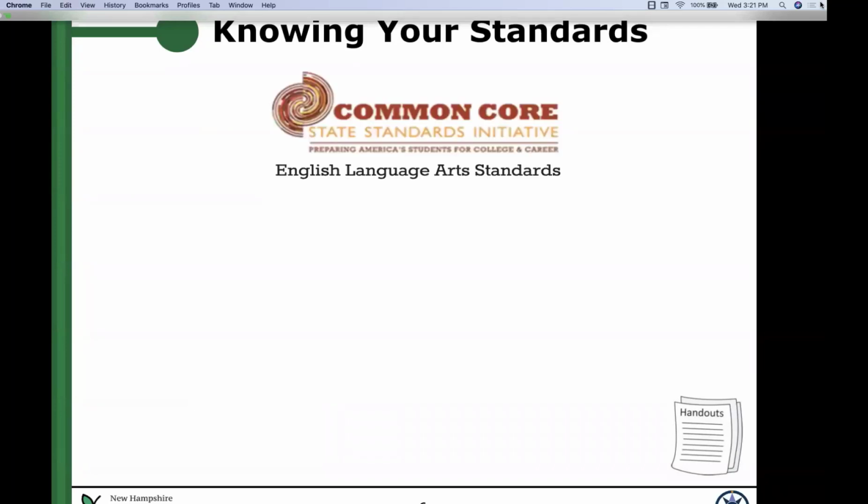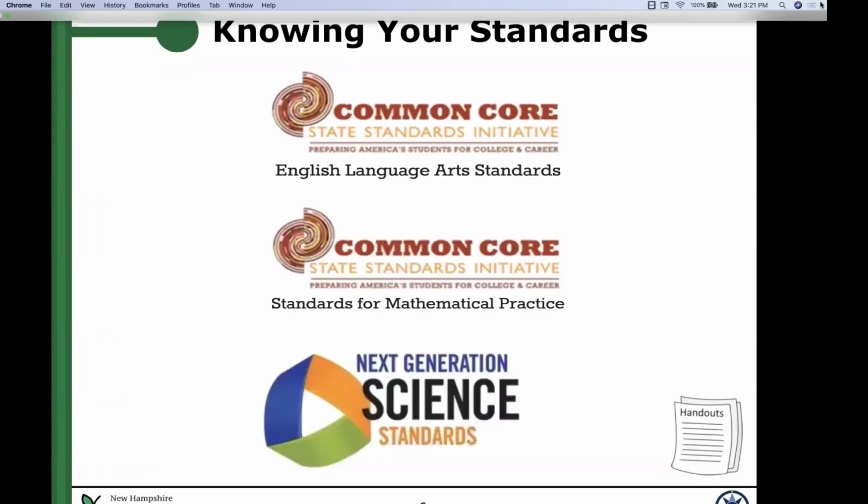So knowing the standards, again, this is where we're looking for our standards. Our ELA standards are the Common Core. Our math standards are Common Core, and our science standards are the Next Generation Science Standards. So we are going off of those to make sure that we are teaching what we need to teach in each grade level. Also know within the English language arts standards, there are some writing standards that are for social studies and history. And also for science, there are some writing standards within this ELA core document here.